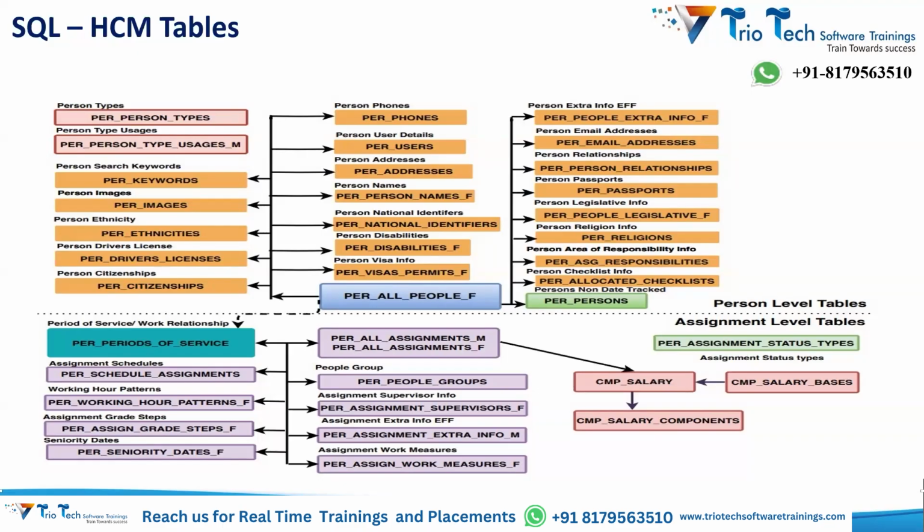Person data. Even if you are a fresher who gets hired into a company, definitely you know that they will ask for your CV, your personal details, address details, phone number details, marital details. All these details the company is going to capture, right? So that's how you should be able to correlate. In the Fusion application, the per all people table is the main table which is going to hold every employee's data.